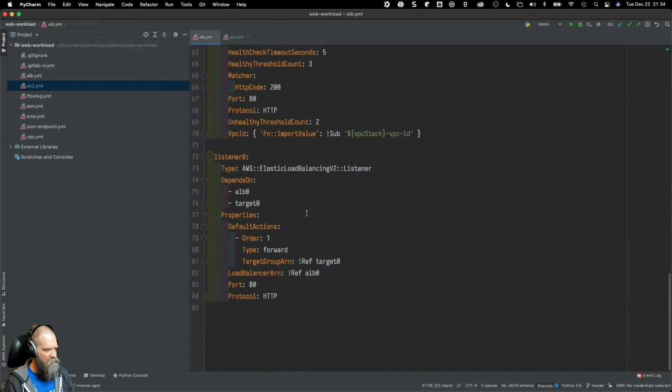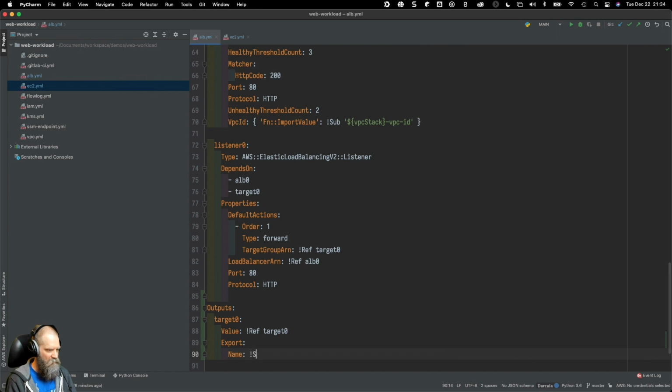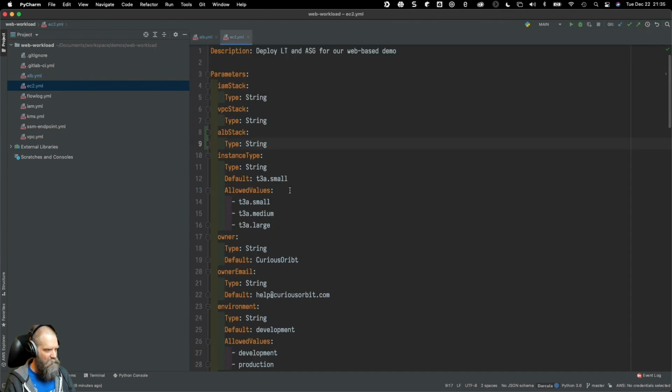So what we want to do first is we want to add some output sections here. We want to say outputs, target group 0, value is ref target group 0. And then just like we did before, export name sub and we'll do target group 0. Okay, so we might end up having more target groups. So we'll do that first, okay, which means we can go back here